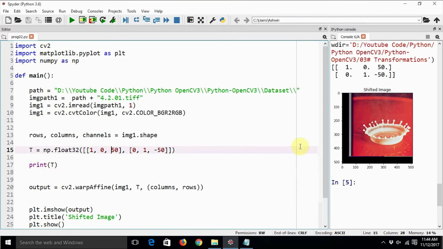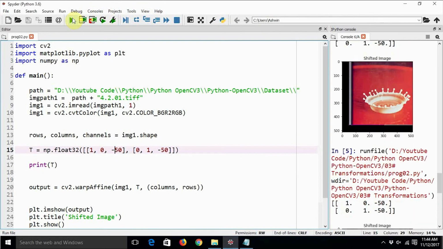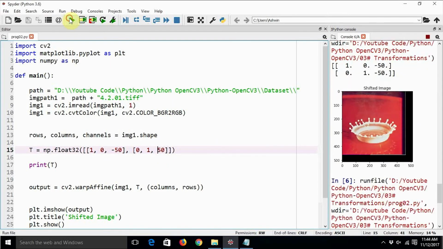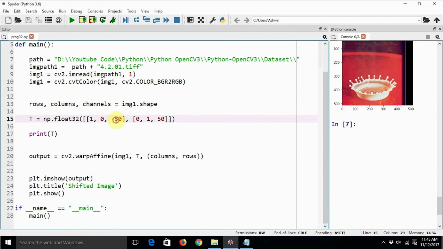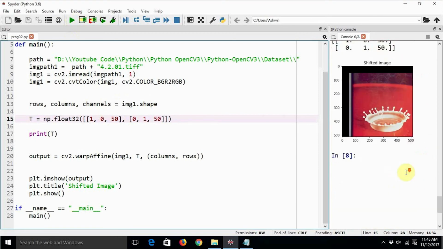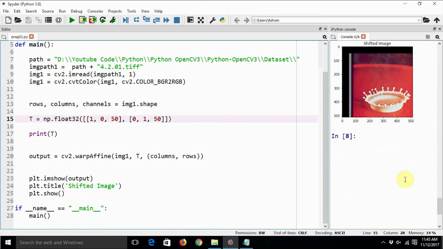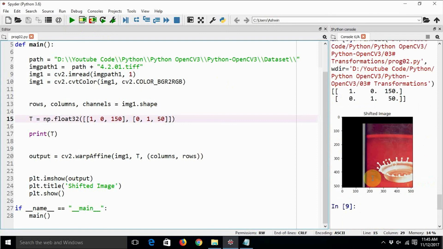In case you want to shift the image in the opposite direction, you can just make it -50, and let's see how it looks. Yes, and if you want to shift the image downwards in the positive direction, just do something like this. Also downwards and right. So this is how we have seen all the possibilities, how we can shift the images in all the directions. It is not compulsory that you shift the image by the same number of pixels in both dimensions. You can just make it 150, and this will work perfectly.